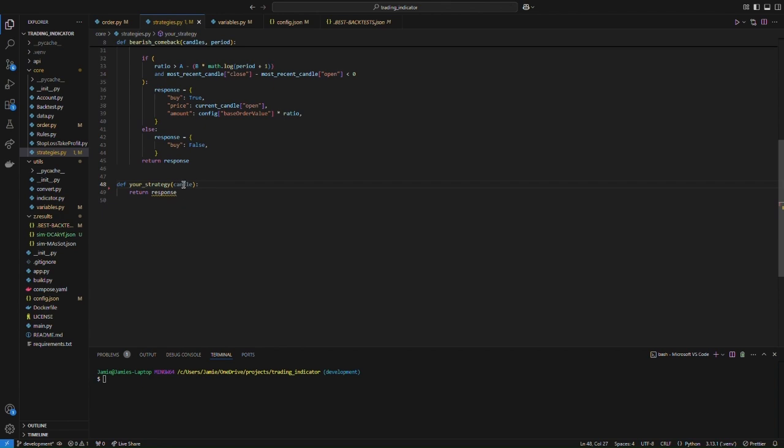I'm going to be focusing on a simple one which looks at the RSI of the given candle. As you can see, it's a candle parameter, and if it's less than 30, then it's going to trigger a buy signal. So I'm going to start off by just making a condition. If candle at RSI is less than 30, then we're going to send a buy response,